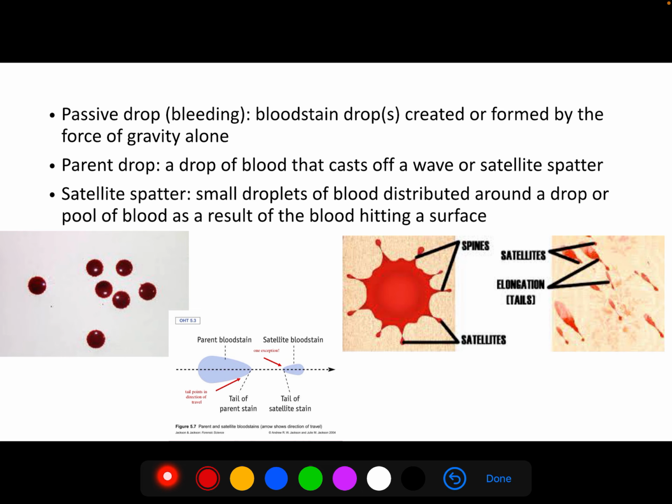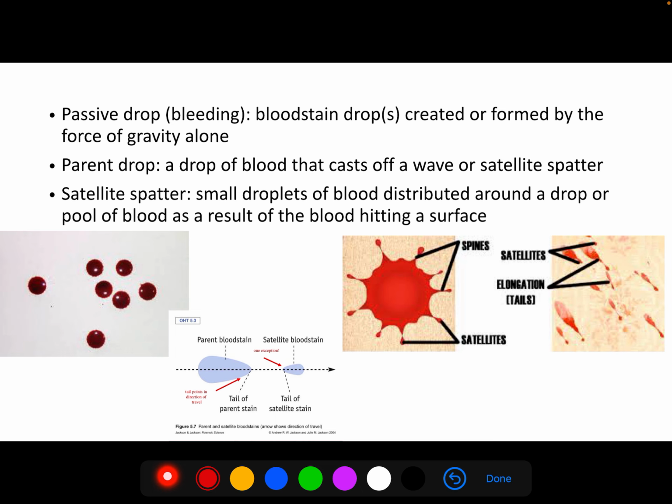We have, with blood droplets, a lot of times they may cluster together. We have parent drops, which is our main or original blood droplet. So this would be a drop of blood that casts off a wave or satellite spatter. So these may have tails and things coming off of them. Satellite spatter are smaller droplets of blood distributed around a drop or pool of blood as a result to blood